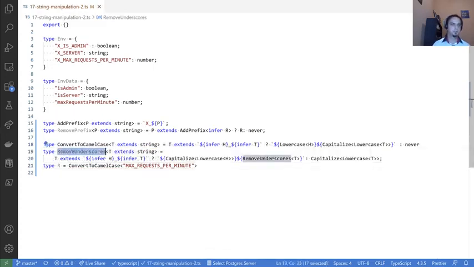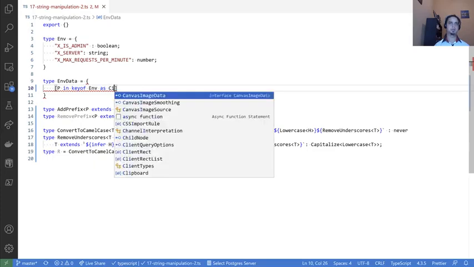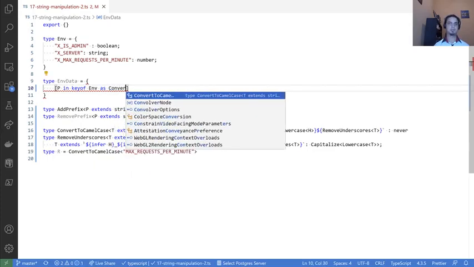So let's see what calling remove underscores on the tail in our camel case type will do. We see that we get the exact type we want. Basically, we managed to remove the underscores successively from all of the positions it was present in our property name. Now, putting this all together is just a simple case of using our new convert to camel case type in a mapped type. So mdata could become P in keyof env, and we're going to map using convert to camel case,